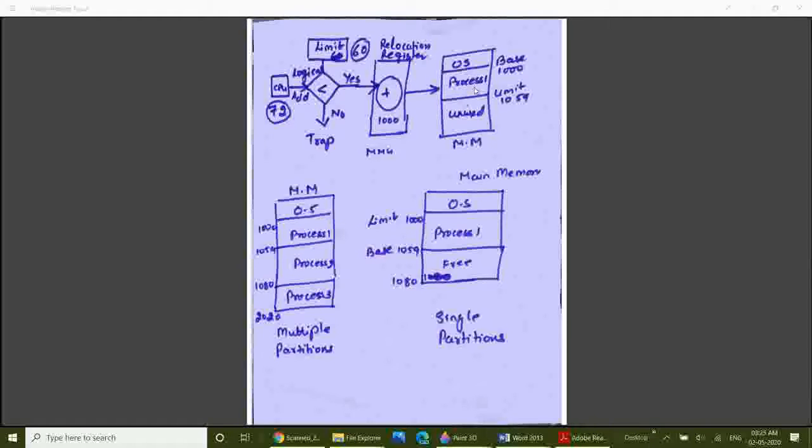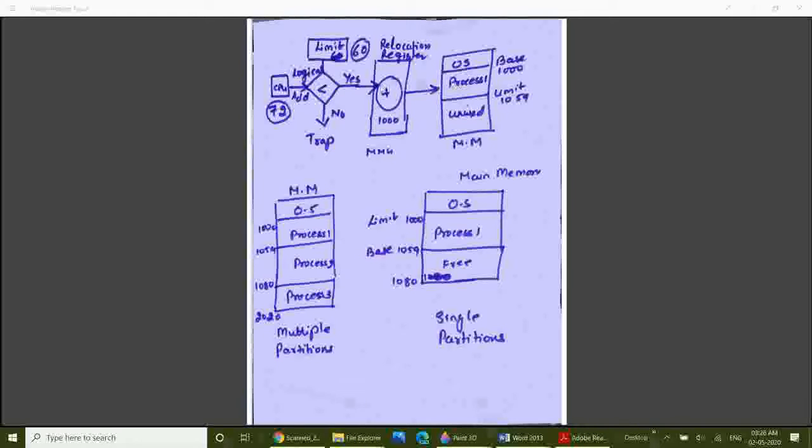a data from this process which is stored in the memory, as you know, since the limit is from 1000 to 1058, it should access the instructions or the data from this location itself. It cannot go and access from the partition where the operating system is stored, nor can it access the partition where it is free or some other process has been stored. So for that, the CPU is going to issue the logical address. Based on the logical address, you can access the instructions or the data present in this partition,